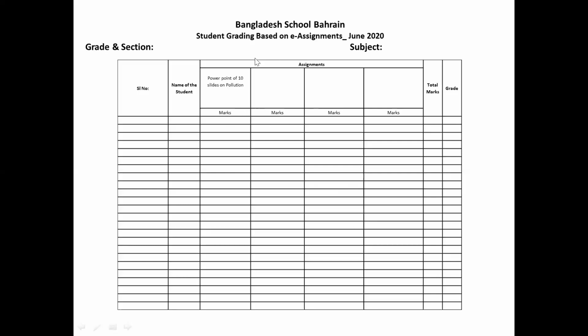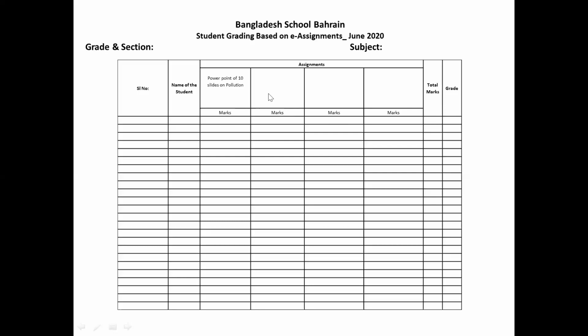And if you are giving for a subject which is continuously assessed, for example career education, only 1 assignment is required. So you can keep these columns blank. And for certain subjects like history, for IGCSE grades 6, 7, and 8, you are giving a total of maximum 50 marks. So you have to give only 2 assignments.